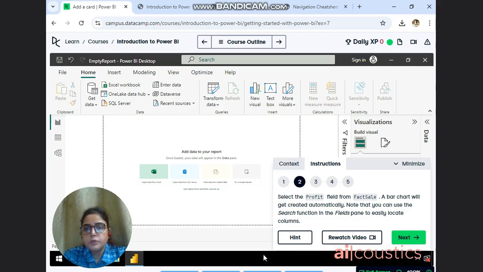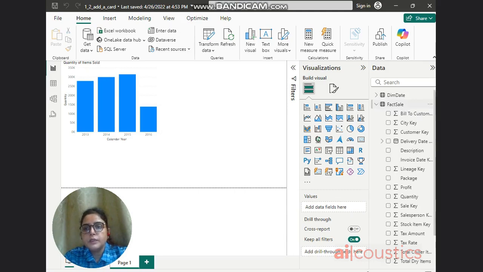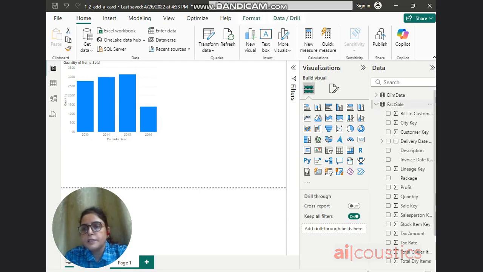So this is the file, we have already deselected the visuals and just click on the blank area, and we have to select the profit from the fact sale.